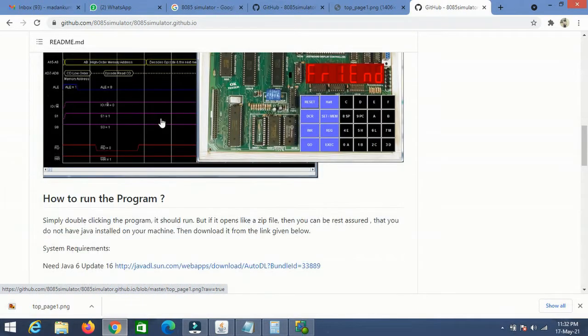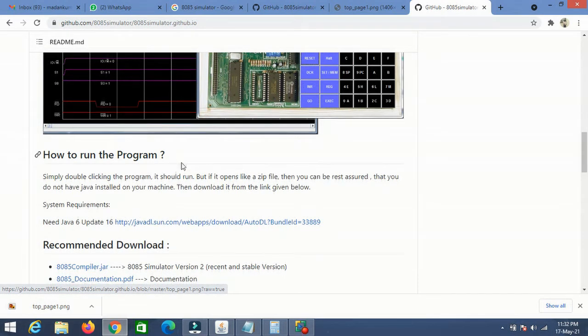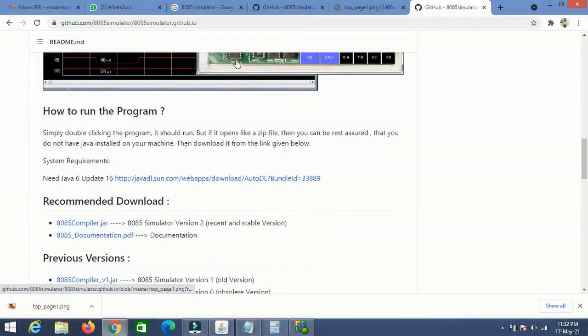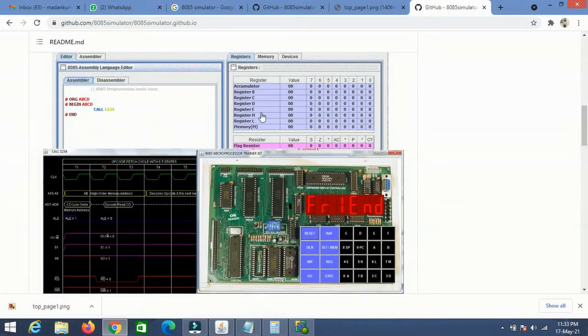If you are not getting that properly once you download and open it up, then you have to go and download this JavaScript file, so that you could get Java installed in your system. After installing Java, if you open up this 8085 compiler.jar, it will definitely open up and you could get this simulator on your screen.